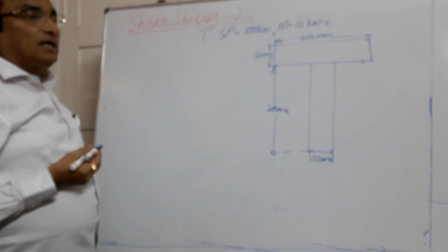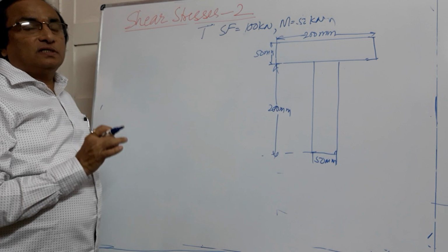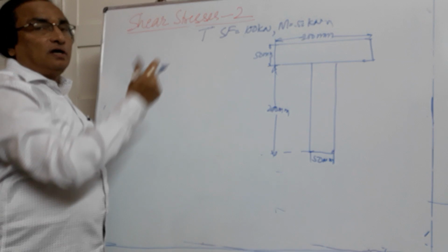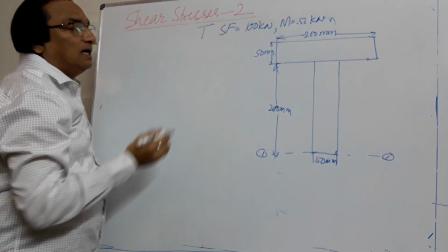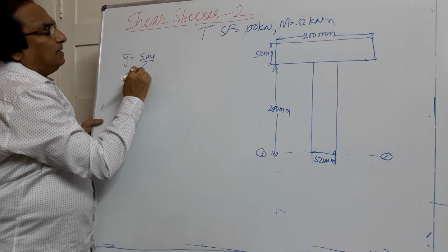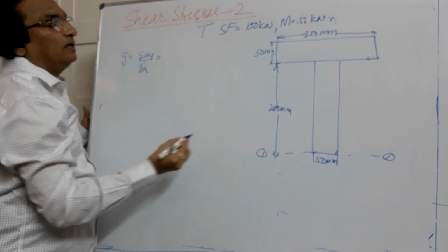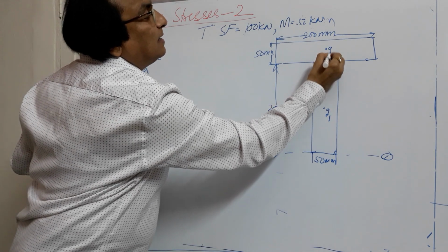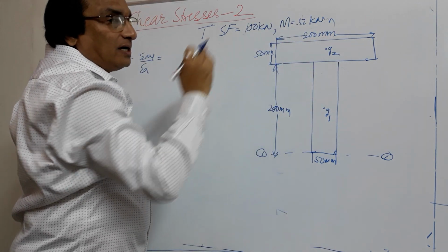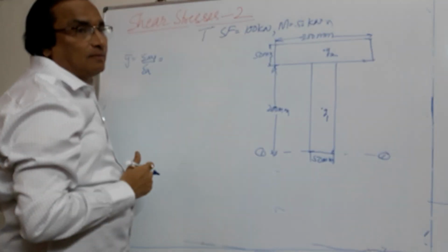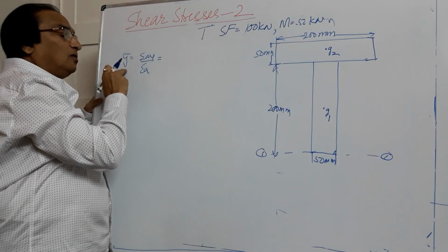Now in this case, you are required to find out first the distance of the centroid of the T section, either from the bottom or from the top. If I take the bottom axis as a reference axis, let us plot the distance of y bar. Y bar is given by sigma a y by sigma a. So this will be equal to, if I divide it into two components, one is rectangle G1, another is also rectangle G2. The vertical axis will pass through G1 and G2. Figure is symmetrical about y axis, but it is not symmetrical about x axis. Hence you will have to find out y bar.